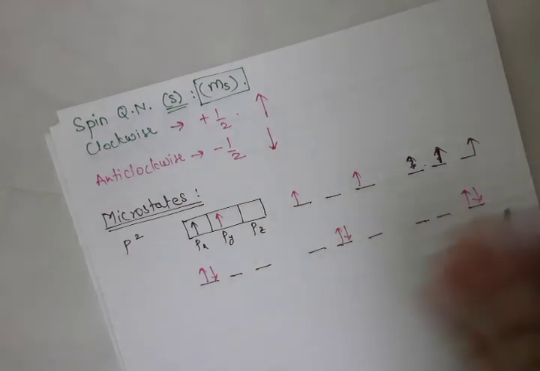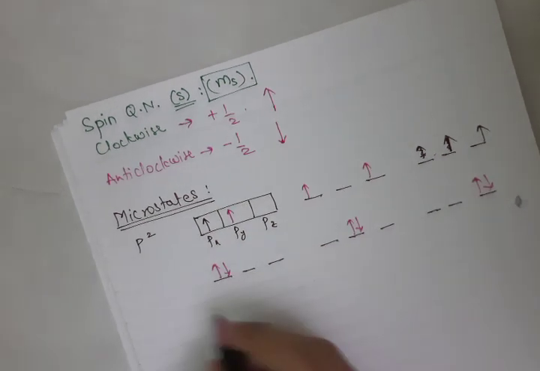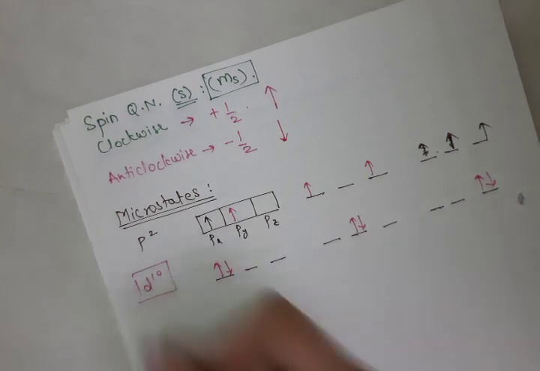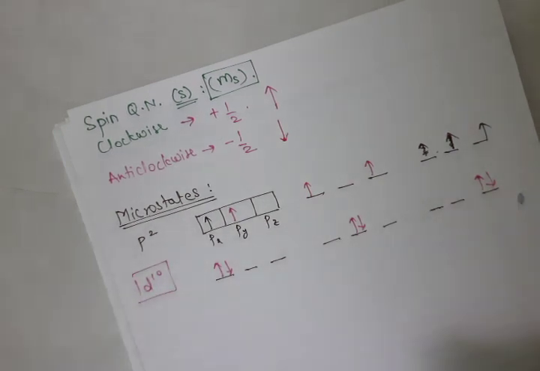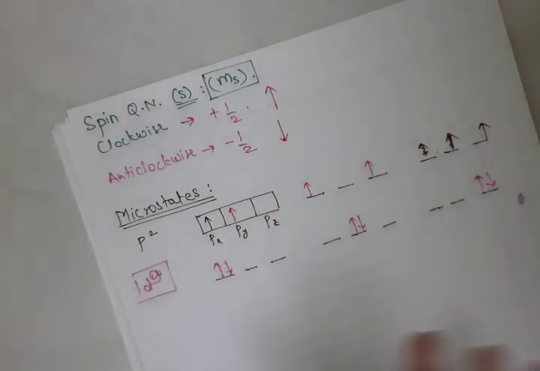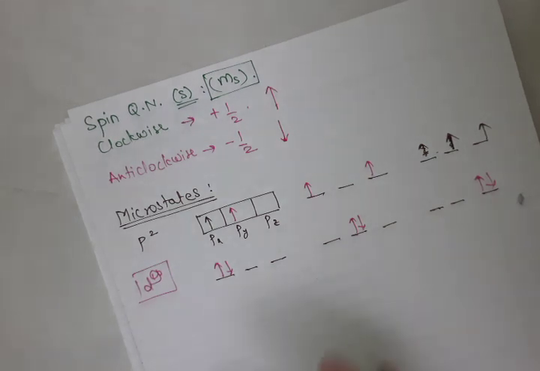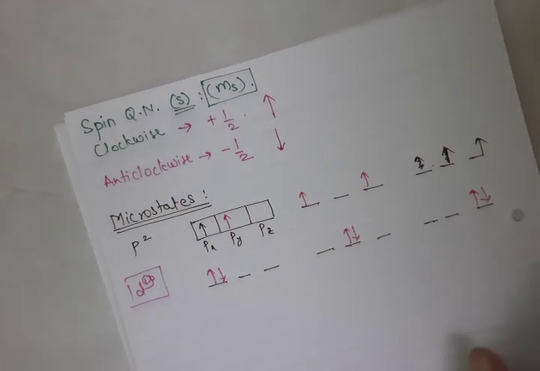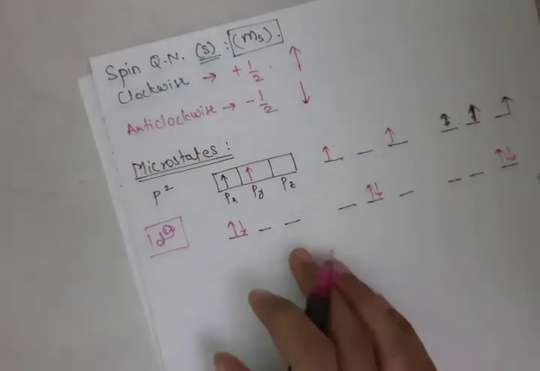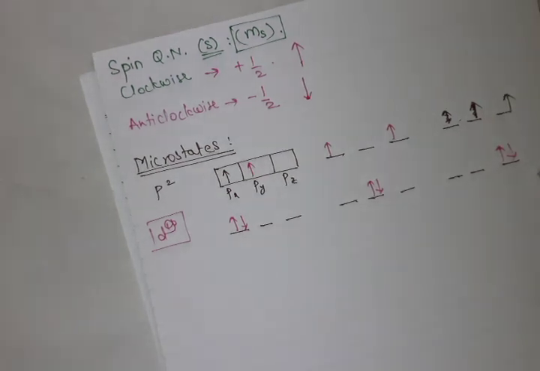Every time we don't have time to calculate the ways like this. If I gave you the example of a D10 system, 10 electrons are there. How will you put all the electrons? Or a D9 system, how will you put 9 electrons into all 5 d orbitals? It's a very tedious job, a time consuming process. So for that there is one formula. We'll discuss that formula. It's very easy, and you will directly get the answer in number form.